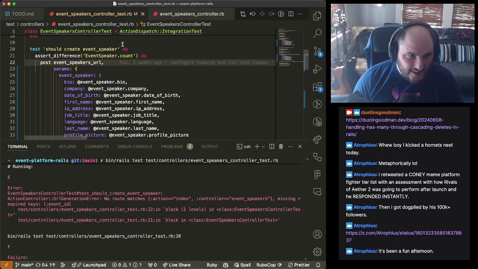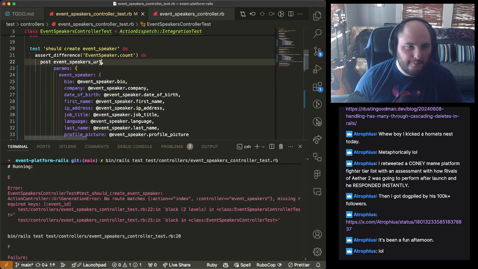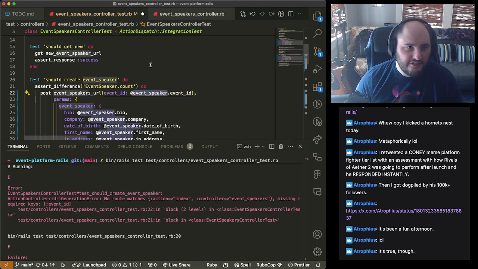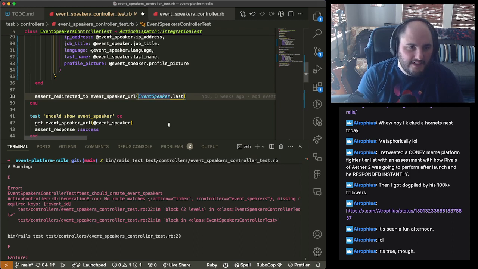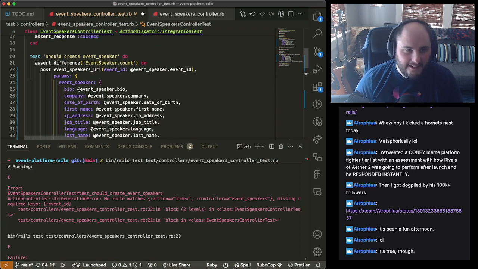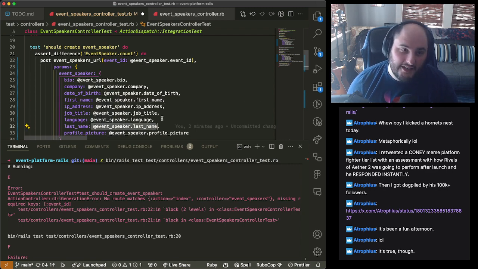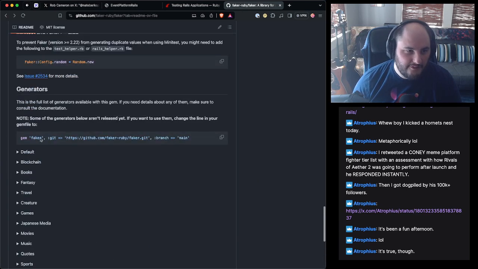Anyway, so here's kind of a fun problem that we're introducing. We need to now actually have the event ID in the speaker URL, which luckily, because we're prefetching event speaker, we can just use that. And then down here, this isn't going to work as last. When we did this last week, we had to do a search on first name and a search on last name, and we needed some uniqueness here. So we're actually going to go back to Faker again, because Faker's awesome.